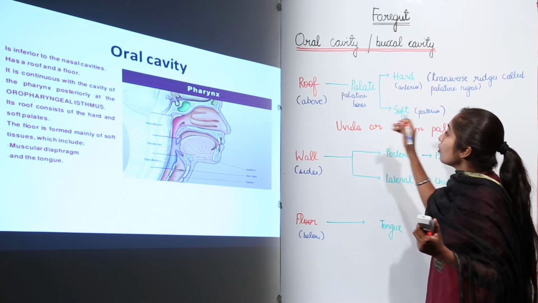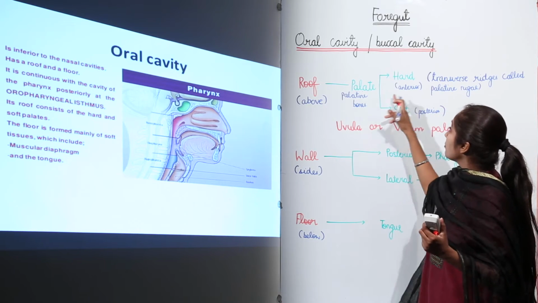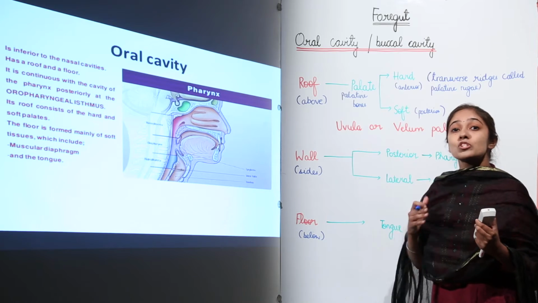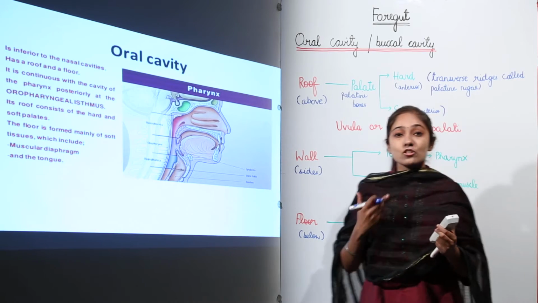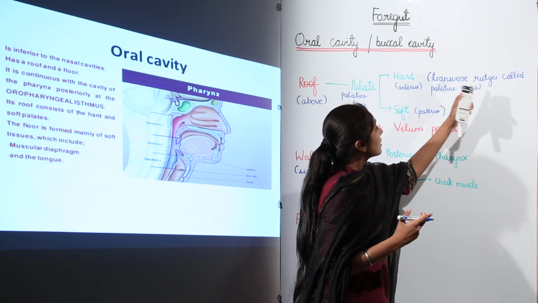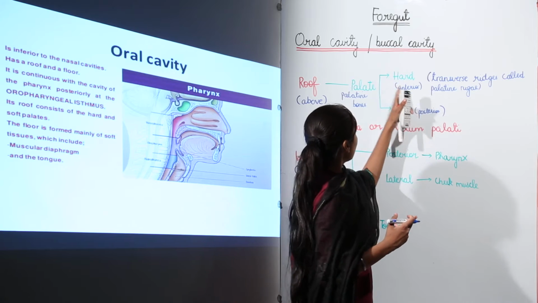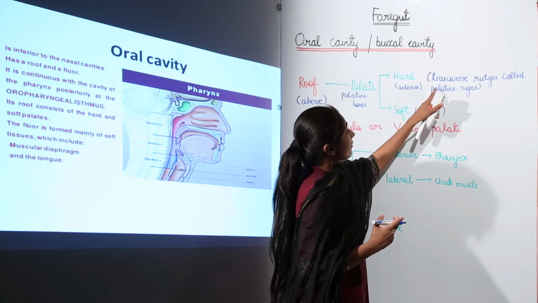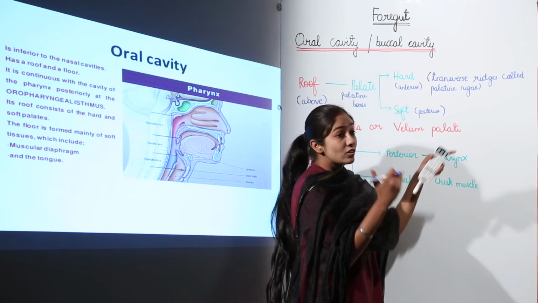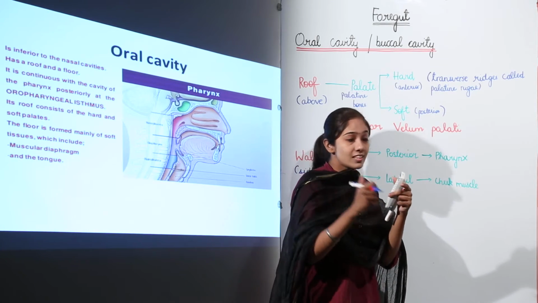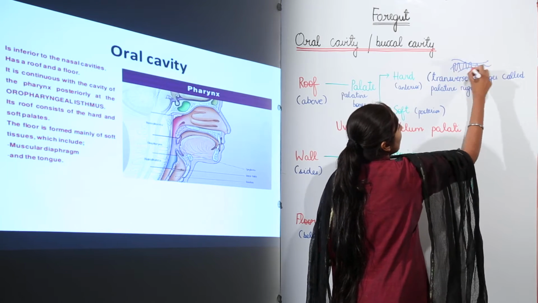Okay. So when we talk about the roof, the anterior portion of the roof is actually made of the hard palate, and the posterior portion of the roof is made of this soft palate. Now in case of hard palate, there are transverse ridges which are called as palatine rugae. So it has palatine bones, so there are transverse ridges that are also named as what? Palatine rugae. These are actually the ridges, you can say sort of folds, right? These are what? These are the palatine rugae.